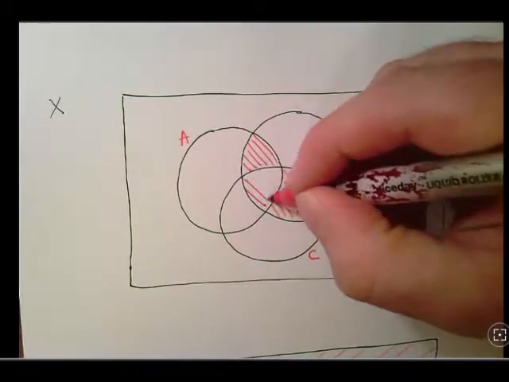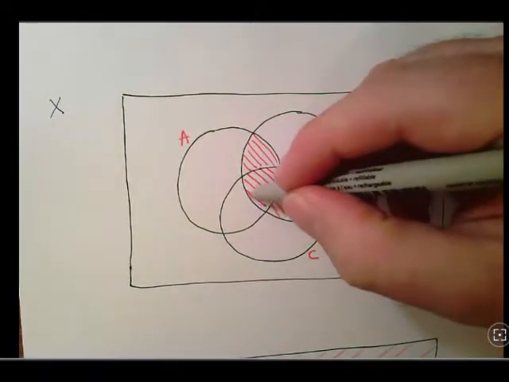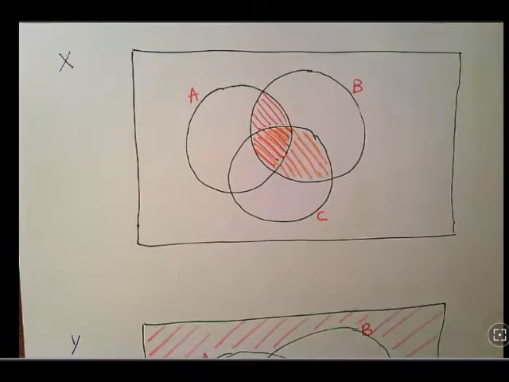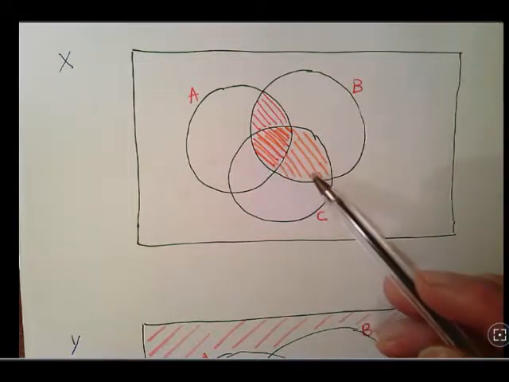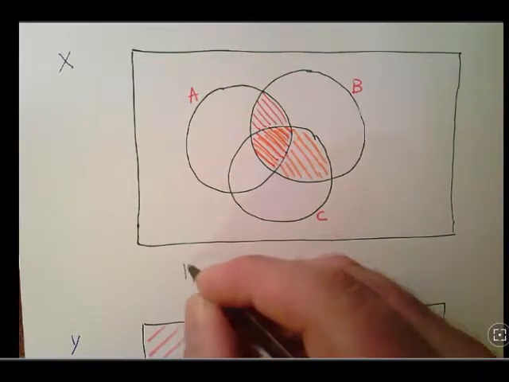So I'm just going to highlight it in there. I'm going to highlight it in red and in yellow, in orange, simultaneously. The reason is to highlight as much as possible the fact that the shaded region we have here is a union involving the intersection of B and C. So the intersection of B and C is everything that got covered by orange here. So these two regions here, that's B intersection C,